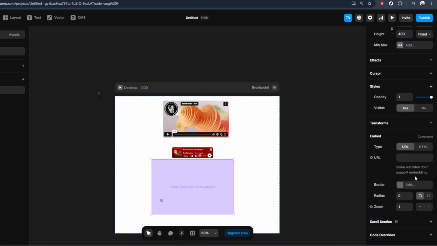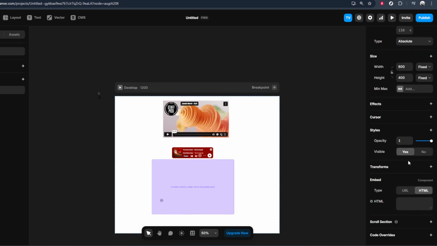Click and drag the Embed element onto your canvas and drop it where you want the map to live. You can resize this frame roughly to the shape and area you want on the page. With the Embed element selected, look for the HTML field in the Properties panel. Click inside that field, then paste the